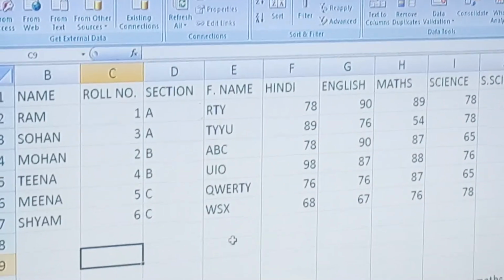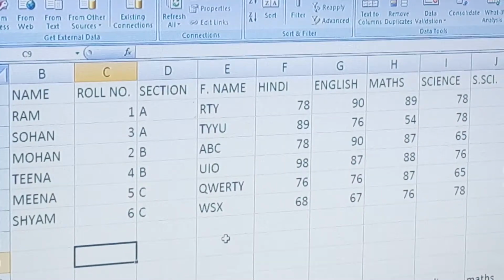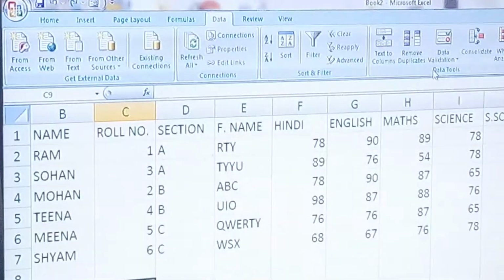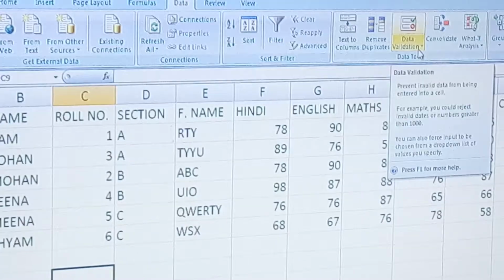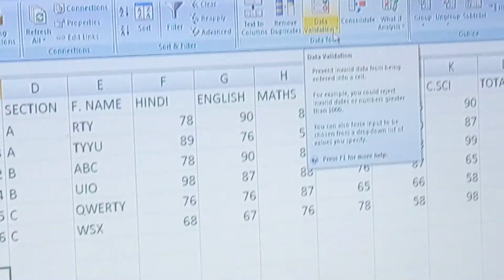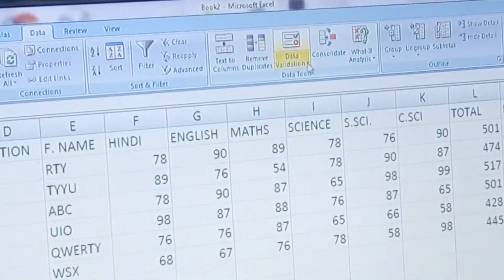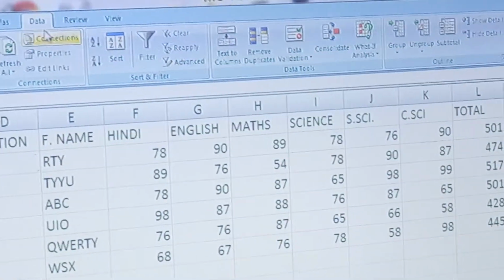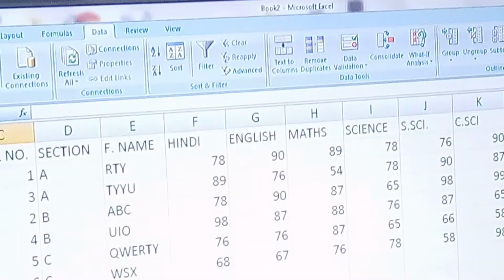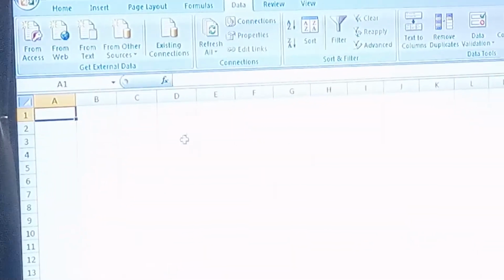Clear? Now the next concept is data validation. What is the meaning of validation? It means whatever we want to enter, whether it is valid or invalid. So we have to check the condition here using the data validation of the Data tab. Suppose I want to check here, in sheet 2, create a new table or new database.